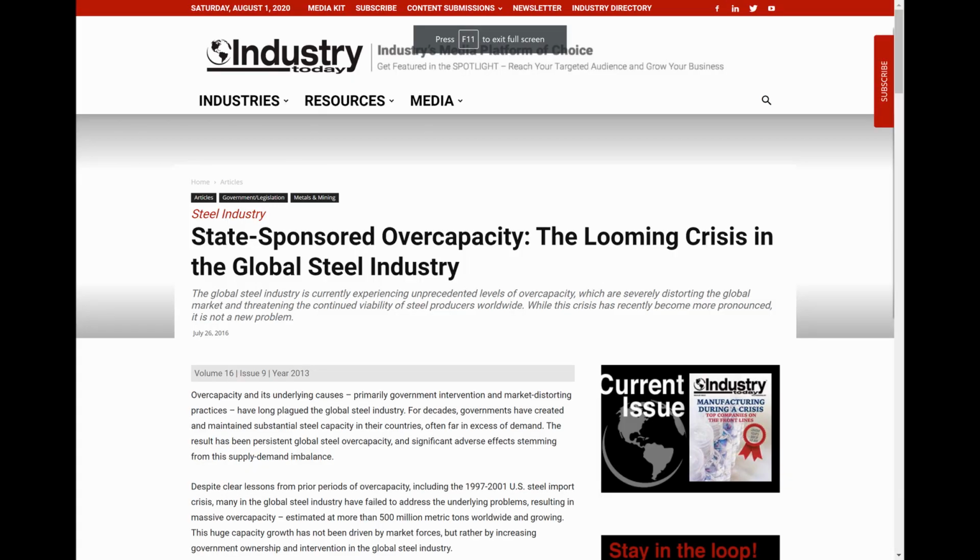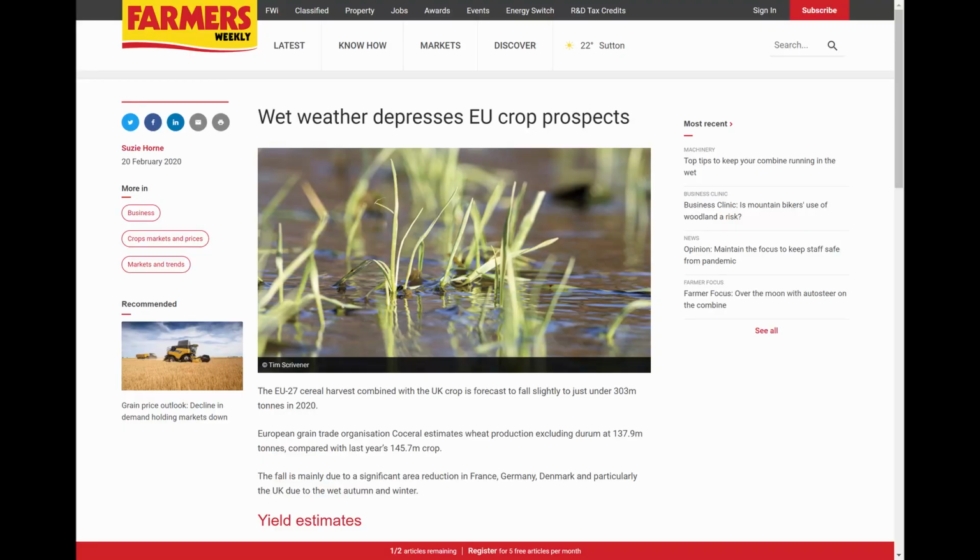The way in which the price of commodities change can be extremely complicated, because there is not only the supply and demand dynamic, there is also other factors such as the weather or natural disasters, as well as man-made factors such as political instability or tariffs. An example for how the price of a commodity can change: if there's an oversupply of the commodity, such as state sponsoring with steel, then it can push the price down. However, if there's an undersupply, such as a particularly wet year that affects crop yields, then the price of that commodity can go up.